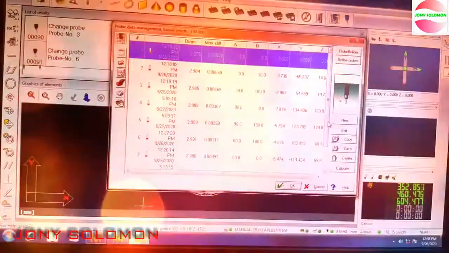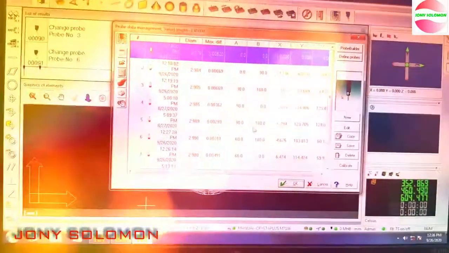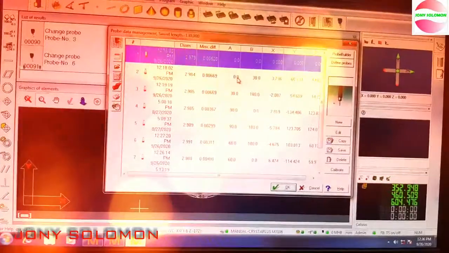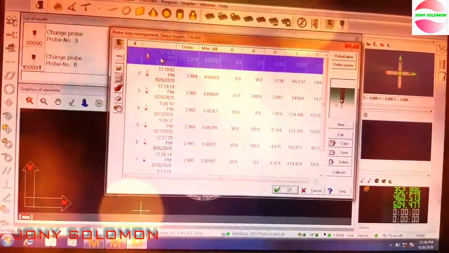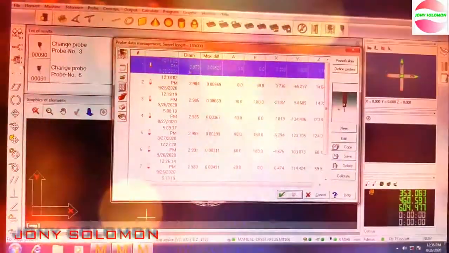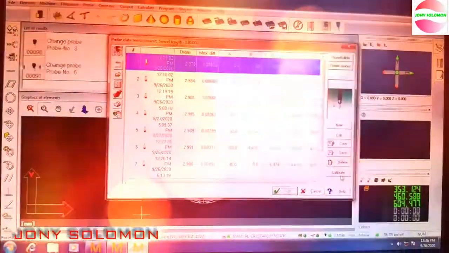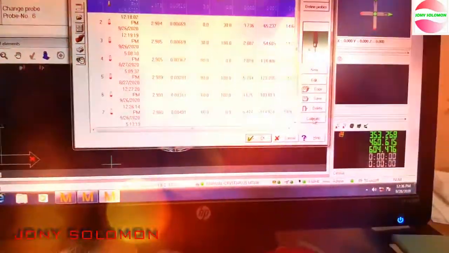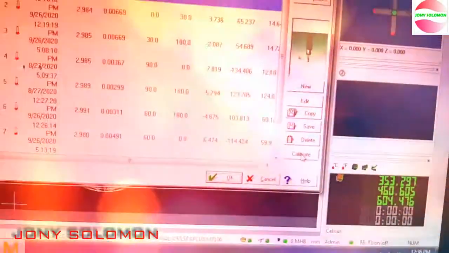So like this, as per your choice, you can change these angles also. If I want to calibrate this A0, B0, means straight condition probe, press the calibrate button here. Okay guys, I hope you are watching.